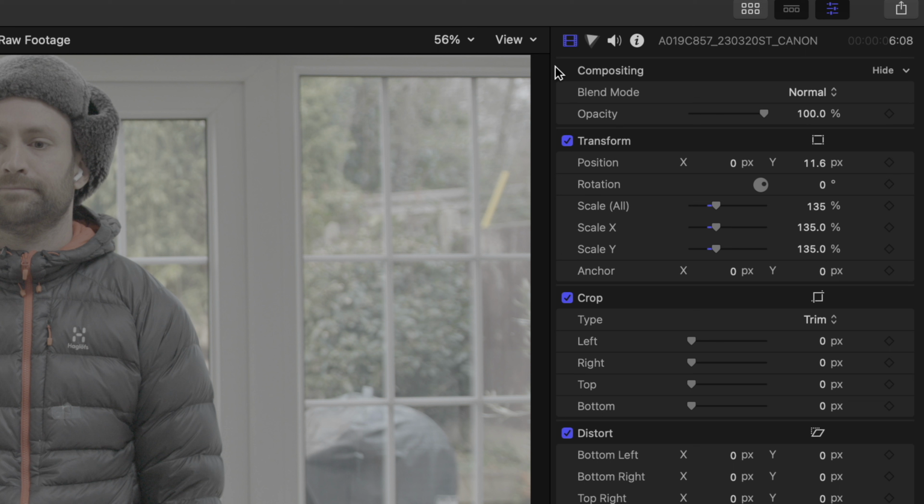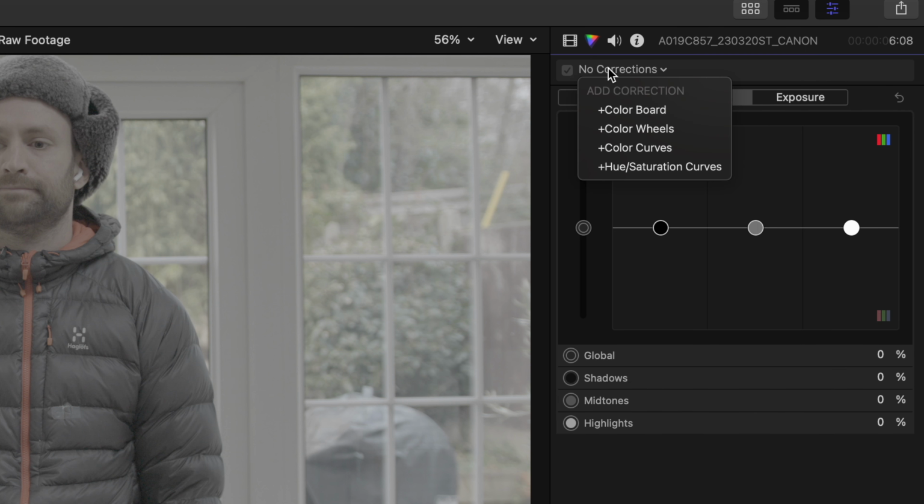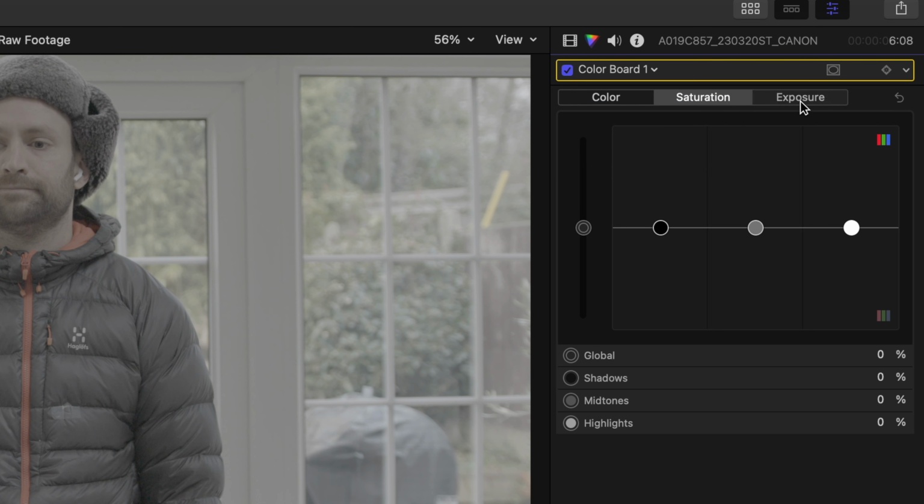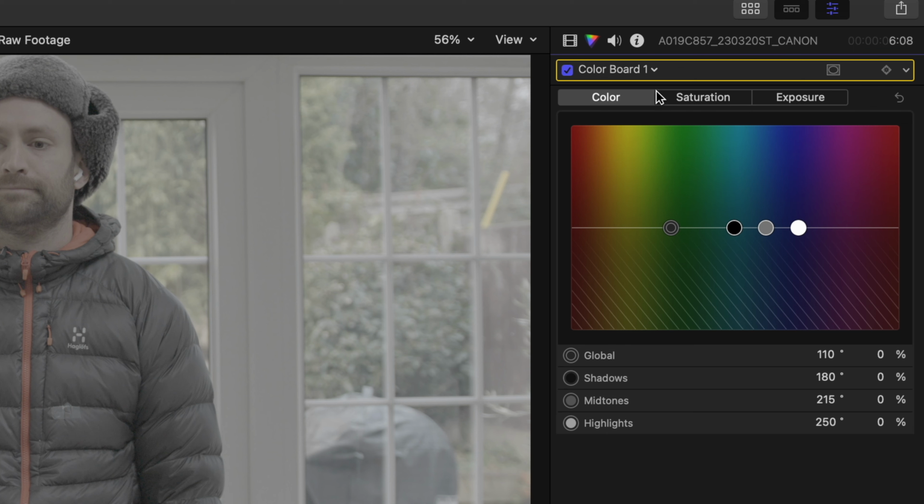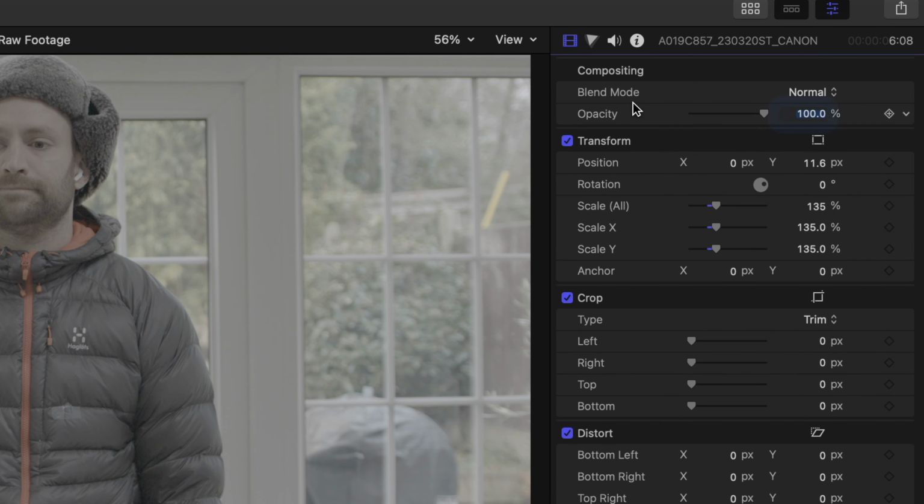Over here in the effects panel, we can bring up different options. So you can have a color board, color wheels, color curves, hue and saturation. Color board is a lot more basic. This is the one that comes up automatically. You have your exposure, saturation, and color. I don't like to use color boards. I prefer to use